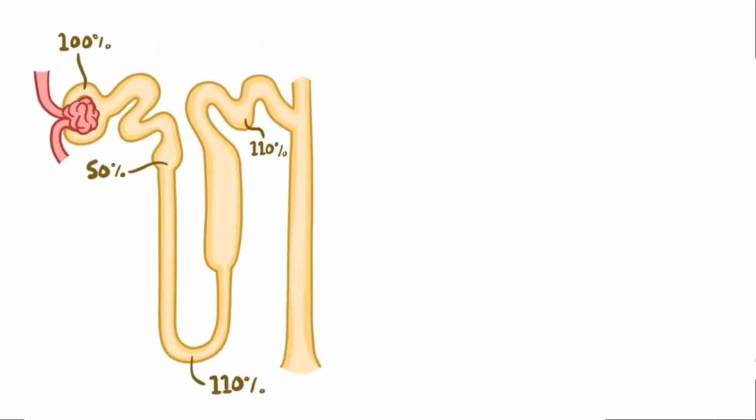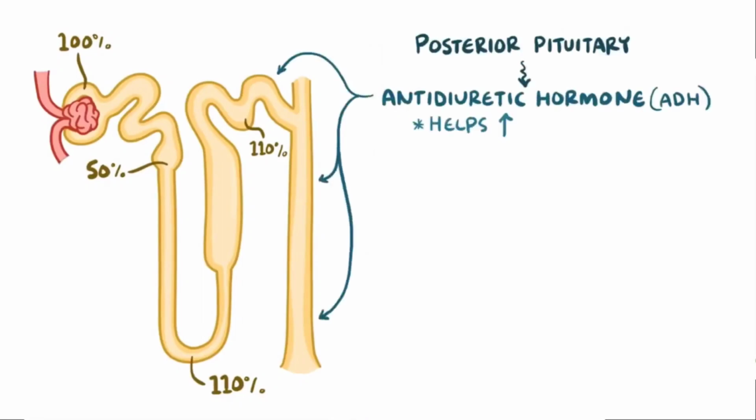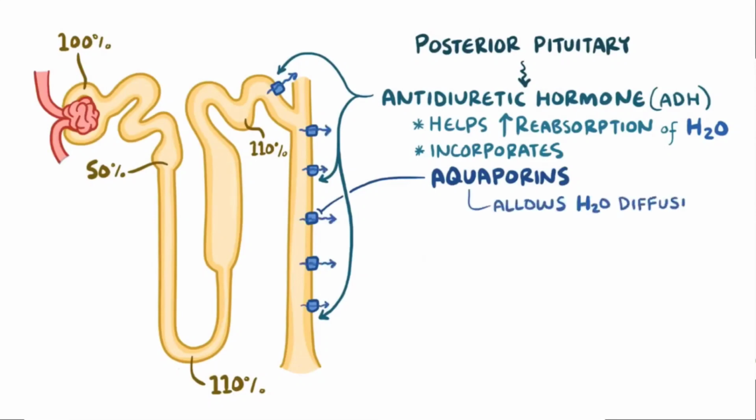Finally, there's the late distal convoluted tubule, cortical, and outer medullary collecting ducts. And that's where antidiuretic hormone, or ADH, from the posterior pituitary gland can help increase water reabsorption. The way it does this is by making the cells lining these tubules incorporate water protein channels called aquaporins into their luminal membrane on the apical surface. More ADH in the blood means that there are more aquaporins around to facilitate water diffusion through the cells and